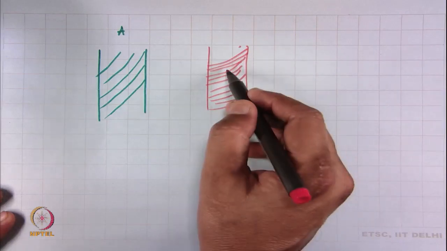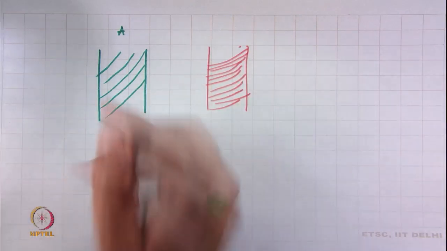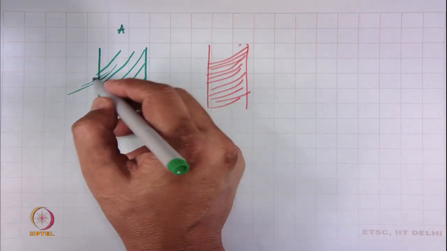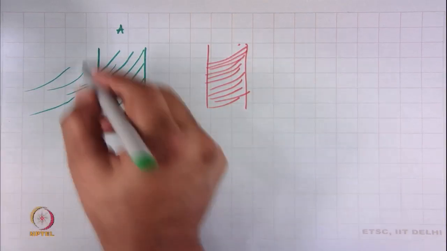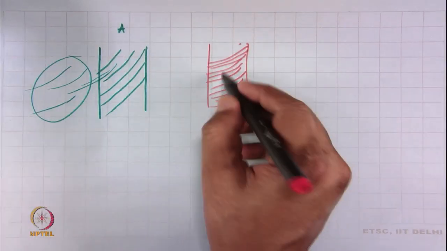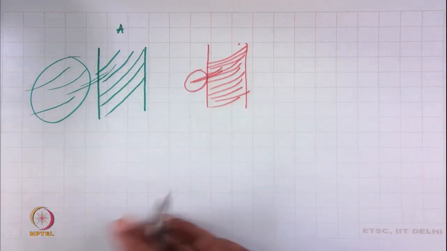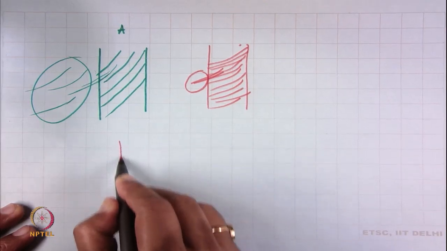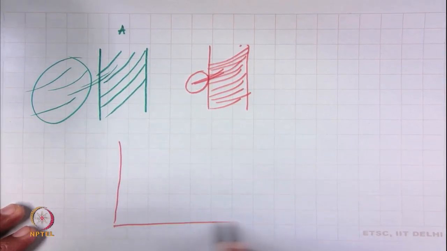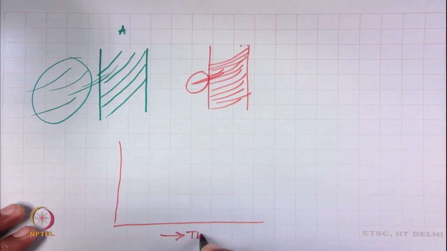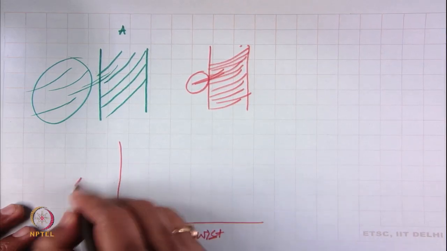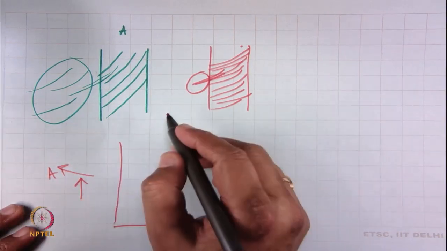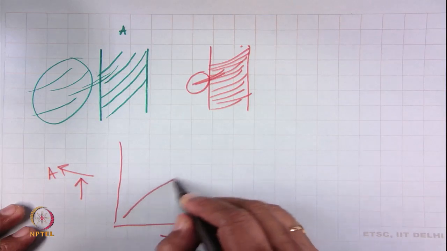That means the yarn has become very compact, and in the low twisted yarn, during rubbing, the surface fiber will have a tendency to come out of the structure, but here, as it is compact, it will not come out easily. So, if we again draw the curve of twist versus abrasion resistance, with the increase in twist, the abrasion resistance increases.